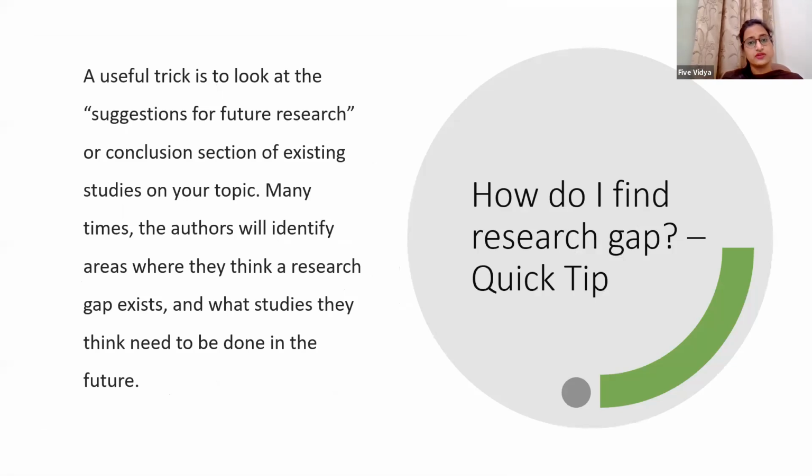Now, from where can you find these gaps? As we discussed before, initially you need to do a literature review. Whenever you are doing a literature review and have a particular reference, you can always go to the section of that paper which talks about recommendations or suggestions for future research. In every research paper you go through, you will find a section which talks about recommendations or suggestions for future research, or maybe a conclusion is written there.